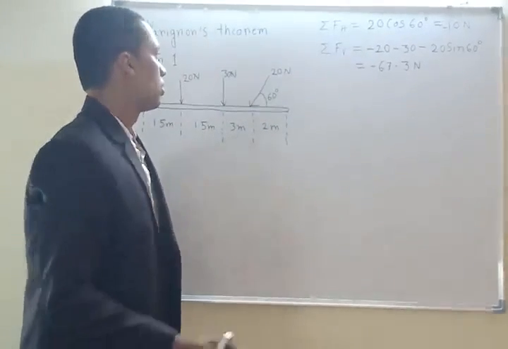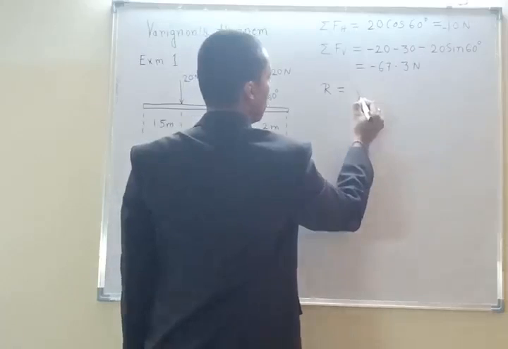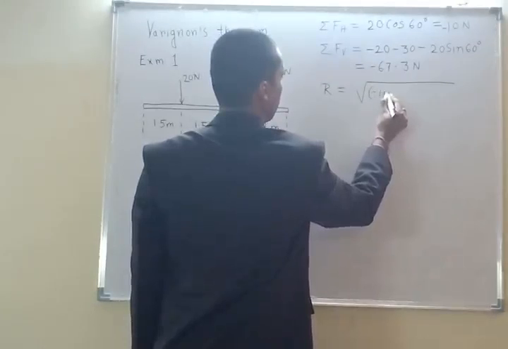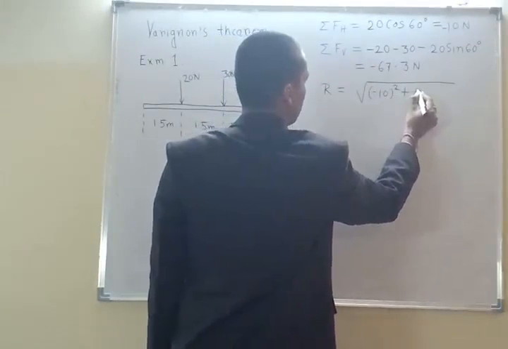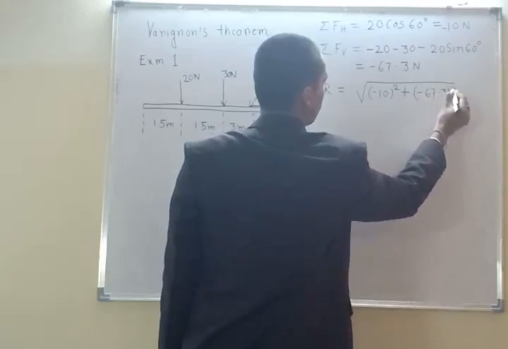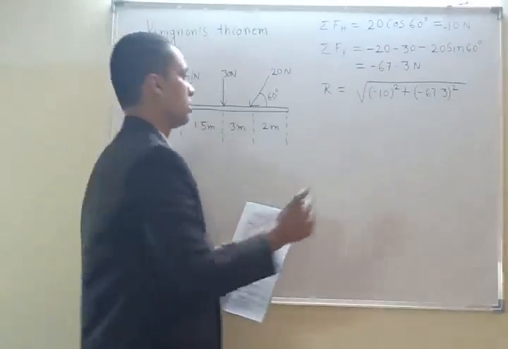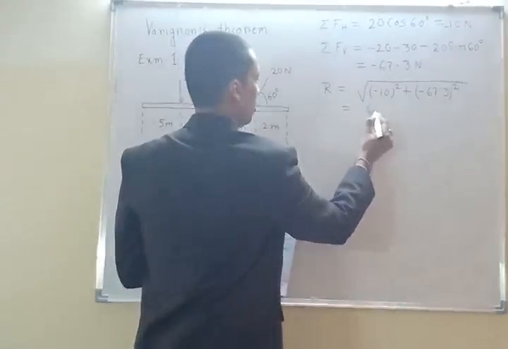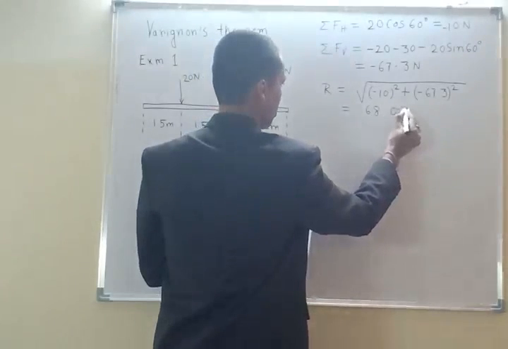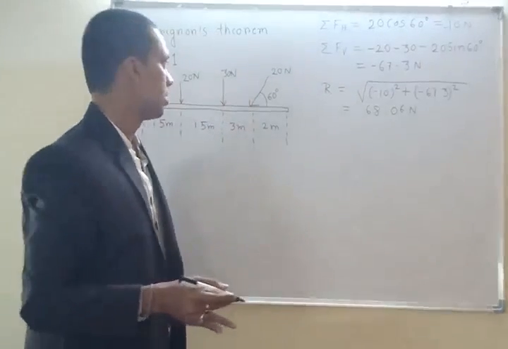Okay, so what is the resultant? Resultant is going to be root over of these two, negative 10 square plus negative 67.3 square. Okay, so this is 68.06 Newton. Now what is the angle? Angle is